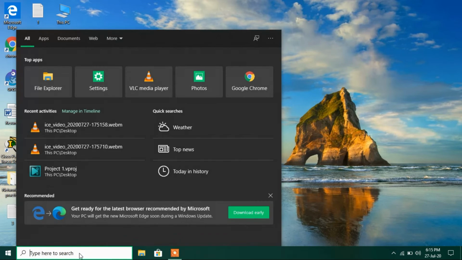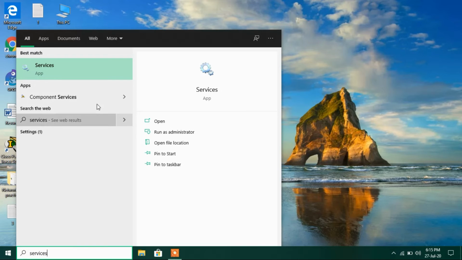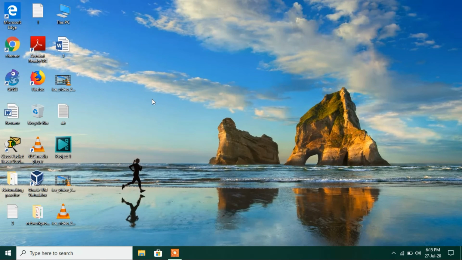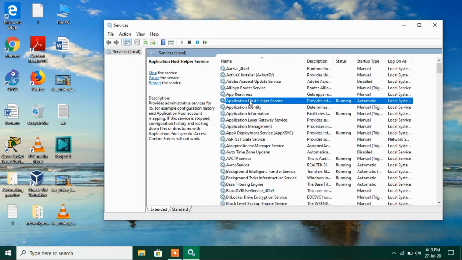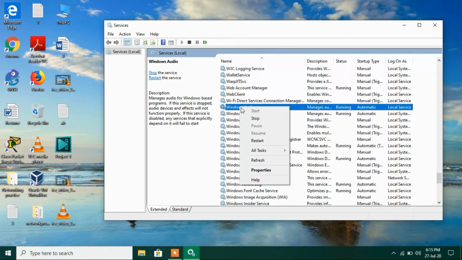Go to the search bar and type Services. Click on Services. And now in this list, search for the Windows Audio service. Click on Windows Audio, right click over it and make sure that it is started.